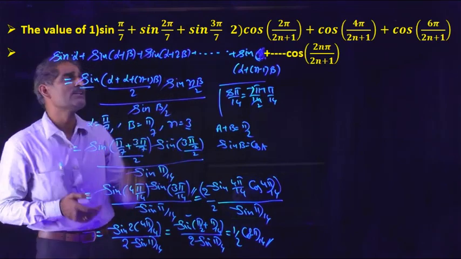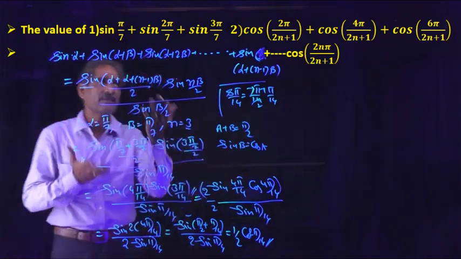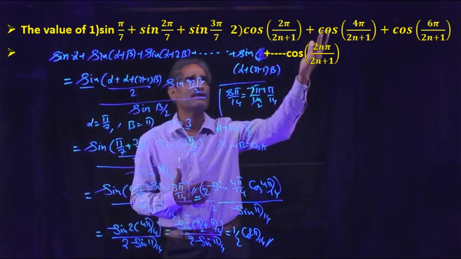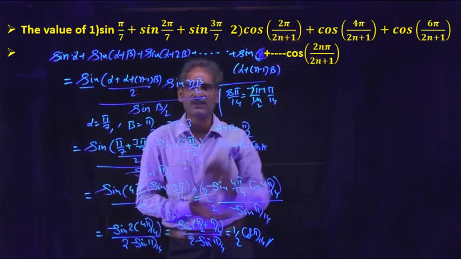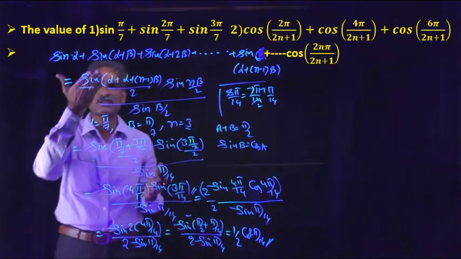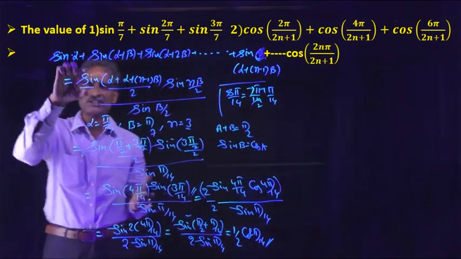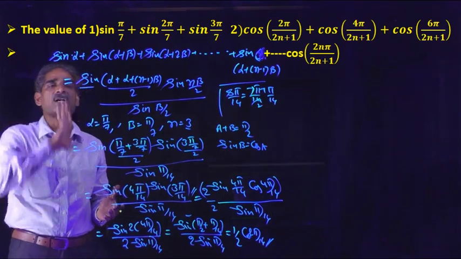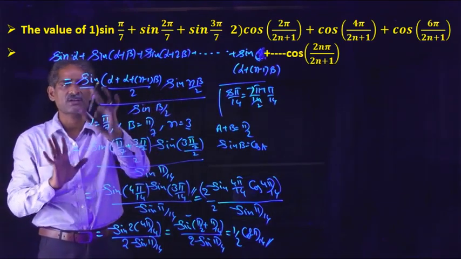Okay, just verify the second one. This is also the same. Here the angles are also in AP, but the functions are different. Cos function is there. We already discussed it. If the cos function is there in this expression, the only change will occur at this function. Here we get cos function. The remaining are the same, sin, sine, cos only.